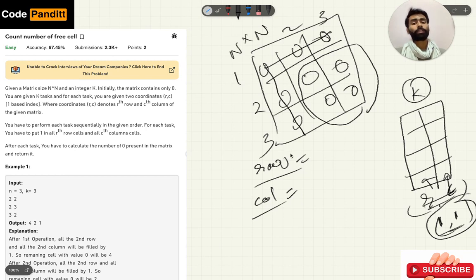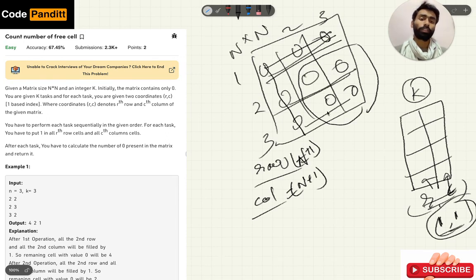We will set the size of row and column to n plus 1. Let's say here it is 3, but we will increment it after every operation performed on the row.